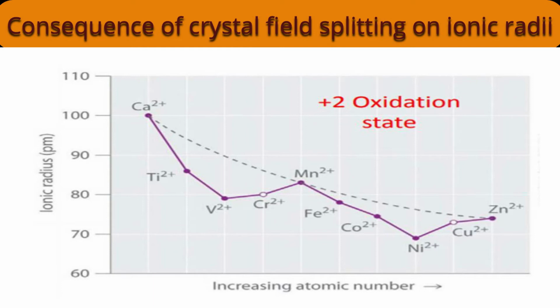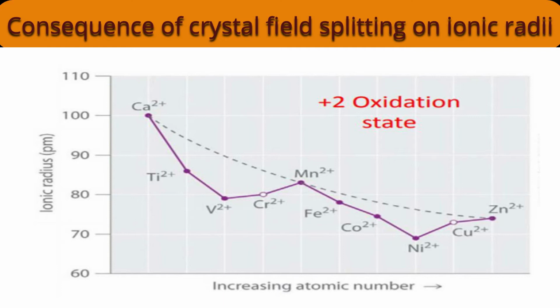Let us see our elements. Actually, scandium plus 2 should be there, which is a d1 system. But since scandium plus 2 doesn't form stable dipositive complexes, we are not discussing that. Titanium plus 2 has a d2 system. Two electrons will be in which orbitals? They will be in t2g orbitals. Are they in eg orbitals? No. Will they cause any shielding or repulsion? No. So size should increase or decrease? Decrease. Therefore, there is a considerable decrease in the size of titanium plus 2 relative to expectation. What is the expectation value? That dotted line curve is there, no? That was the expected value. And that's some magic of crystal field splitting and electron distribution.